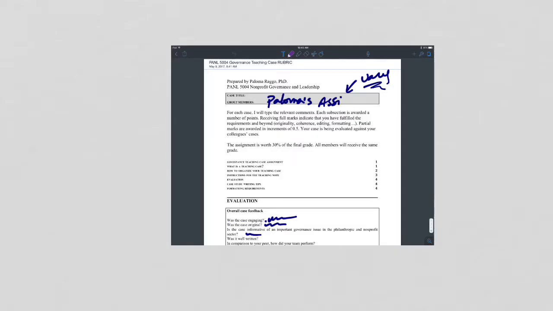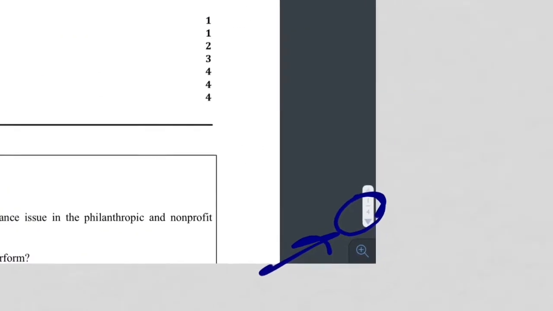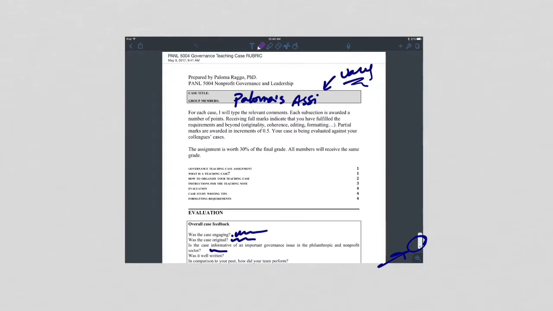The part that's really interesting with Notability is that you can create, and this rubric has 4 pages, as you can see here. I'm just glancing at it quickly. Later I have little checkbox marks that I just use my pen to check. You're probably wondering, okay, sure, I can do that by hand. But the really neat thing here is I don't spend time typing my feedback. I use this little tool here,